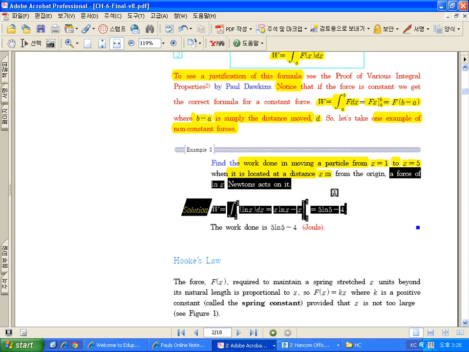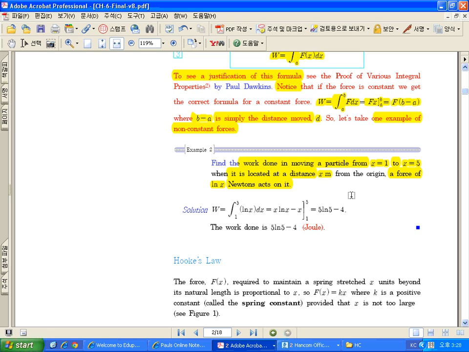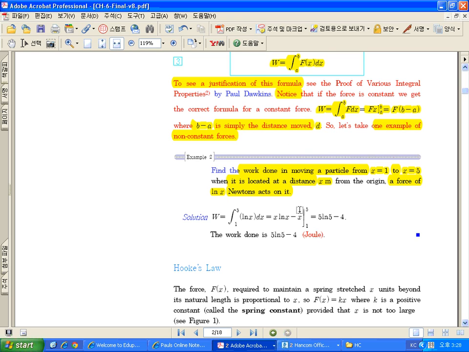A force of ln of x Newton acts on it. Find the work. When we have the force f of x equal to ln of x, as we see, work can be found as the definite integral from 1 to 5 of f of x, which is ln of x. So all we have to do is find this definite integral, which can be easily